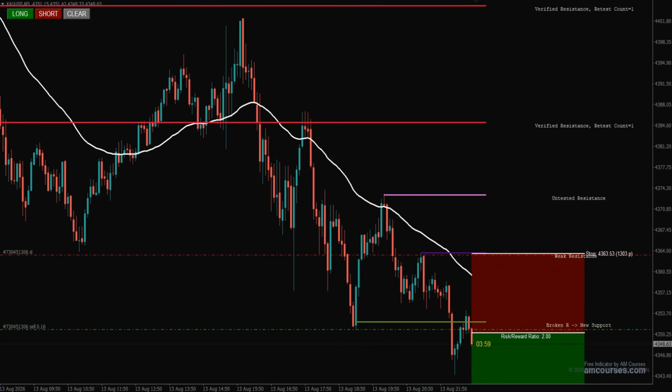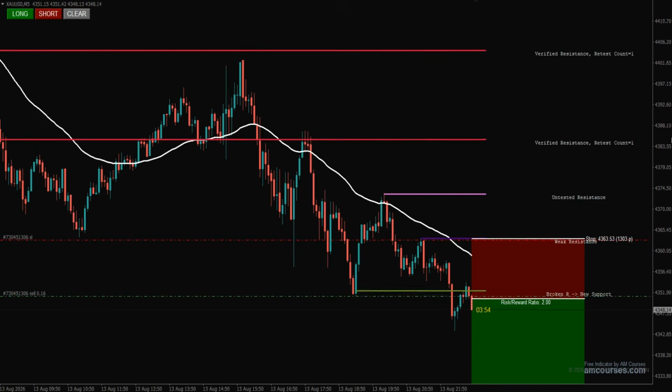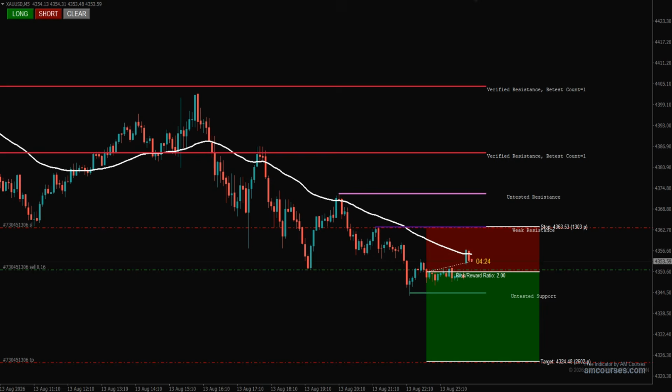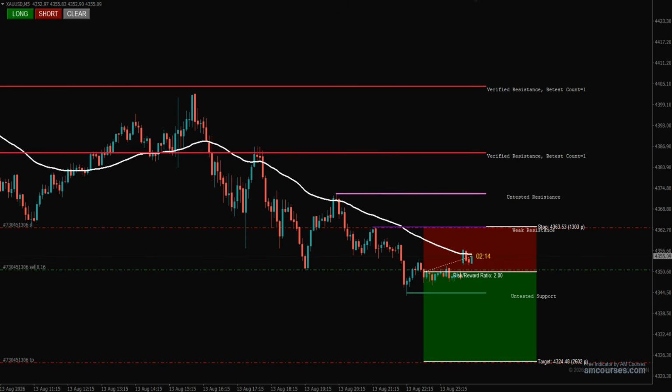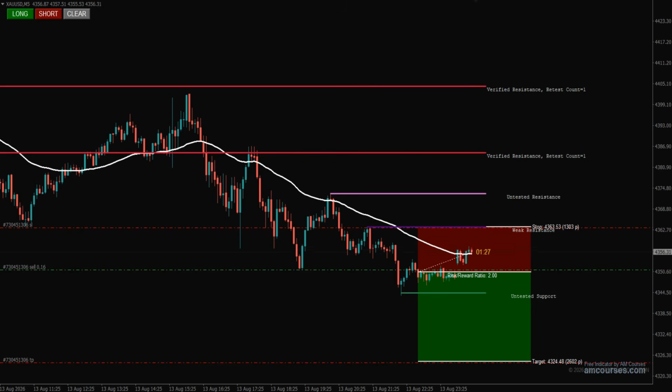Here, price only came back to the level. The moving average had not been tested at all. Hold that thought. Now watch what happens. This is the longest trade of the session by far. Hours, not minutes. Price does not drop. It grinds upward. Slowly, candle by candle, it reaches the moving average and goes straight through it, closes above it,